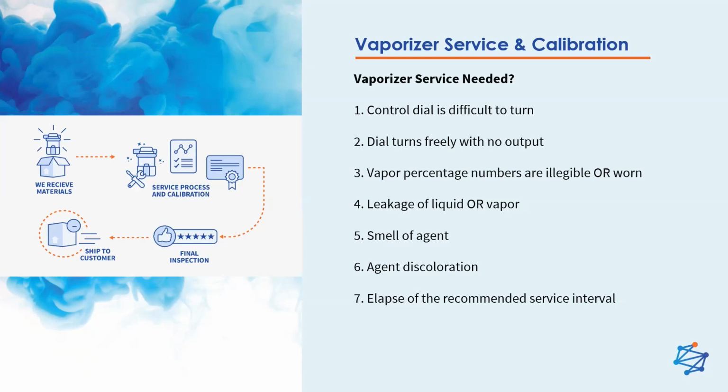Looking at what services are available and how they are performed, there are two methods most commonly used to service and maintain anesthesia equipment. The first one we recommend to all customers is an annual efficacy test. This test can be performed on site and includes the inspection of the vaporizer and an output check at each dial percentage using a Rankine gas analyzer. The second type is a